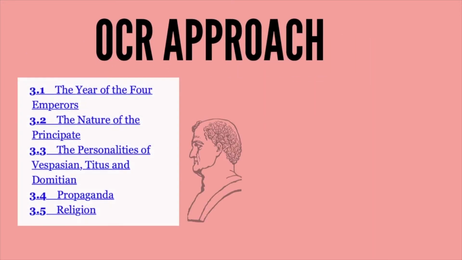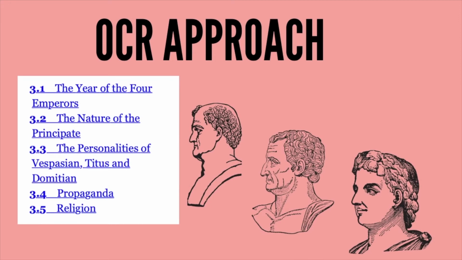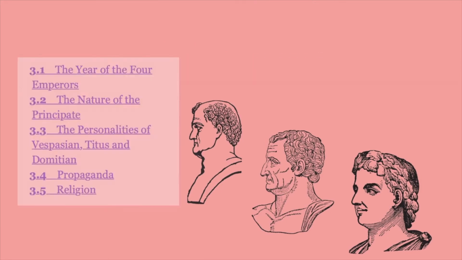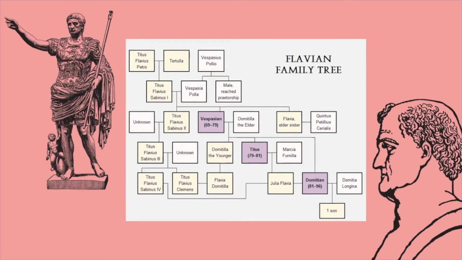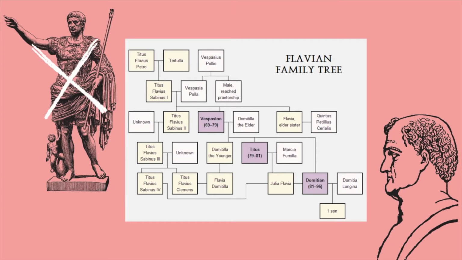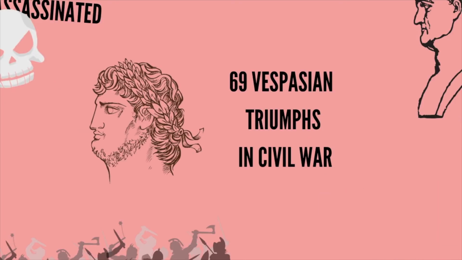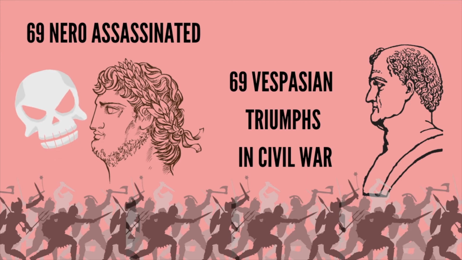Now, the basic background is as follows. The Flavians were the first dynasty after the Julio-Claudian dynasty. So in other words, they were the first emperors who could not claim direct descent from this great archetypal first emperor Augustus as the basis of their legitimacy. The other key factor is the bloody civil war of 69 that occurred after Nero was assassinated, which forms the time basis for the beginning of the Flavian period.